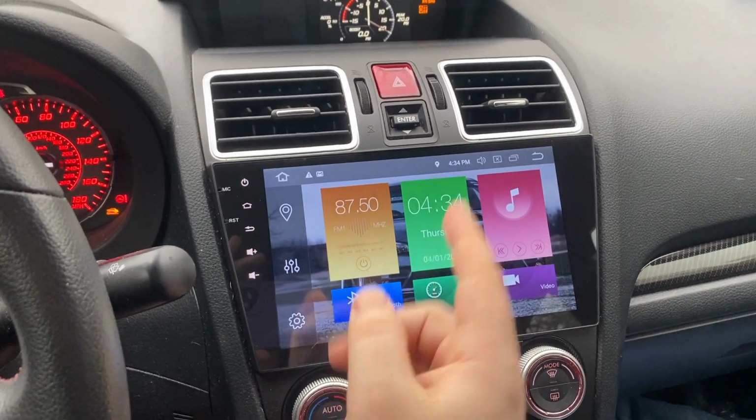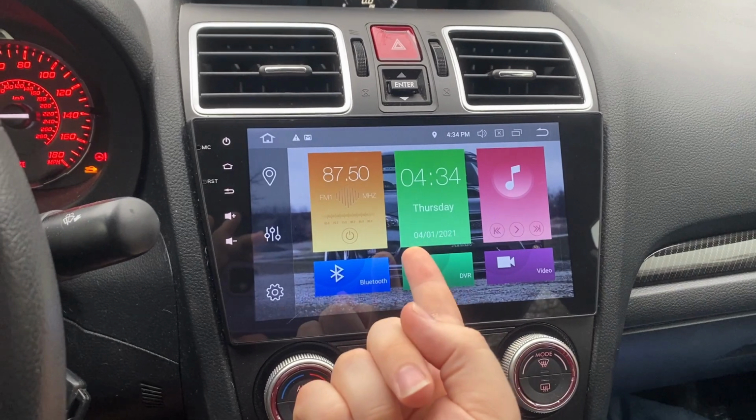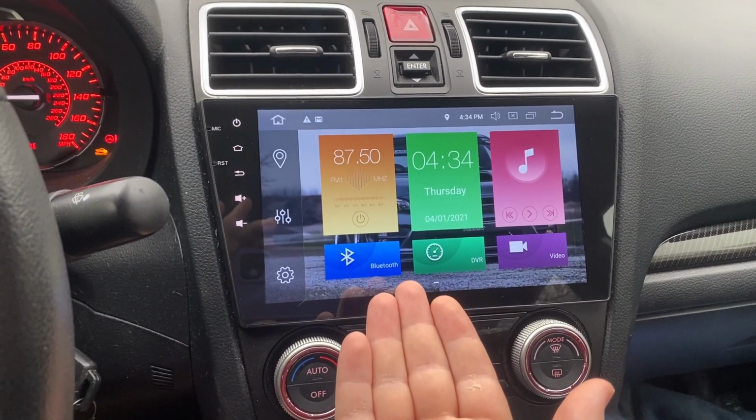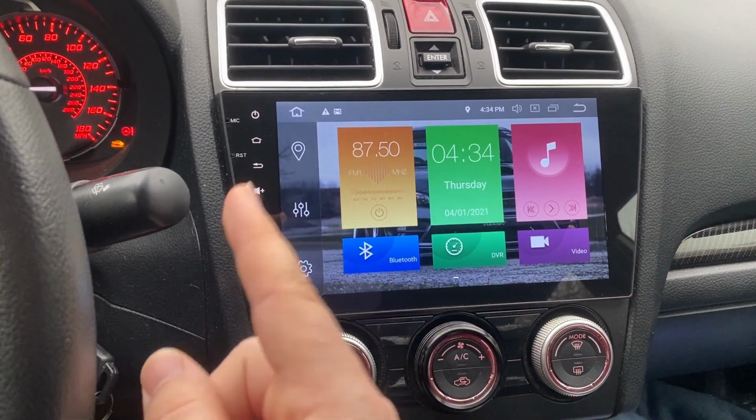So, 3 years of use. What do I think? Well, there's a lot of quirks with this head unit, and there's a lot of great things and a lot of really big negatives. So I'm going to start with the very few negatives that are fairly large, and then we're just going to talk about the positives and what I love about this,